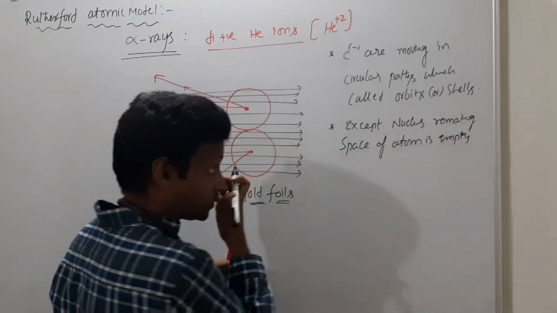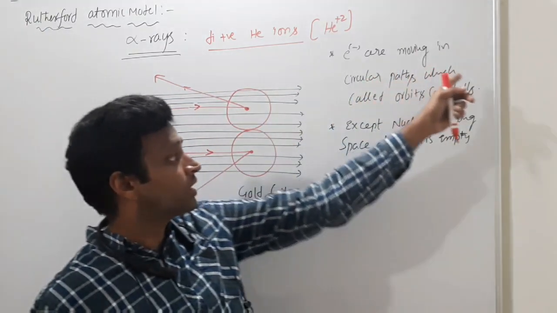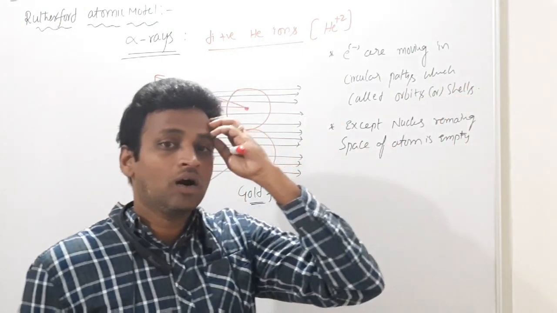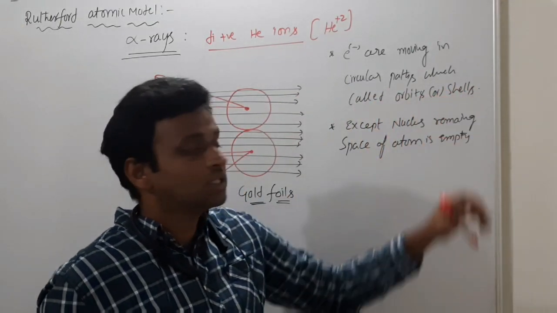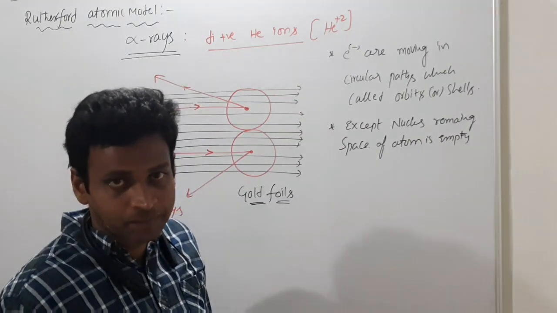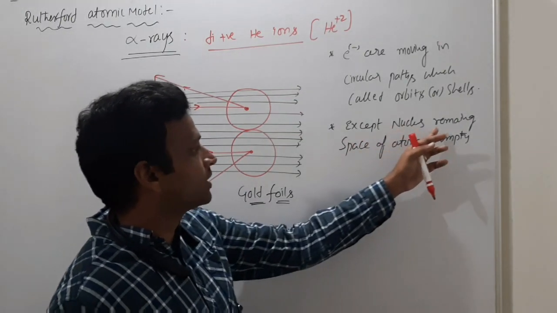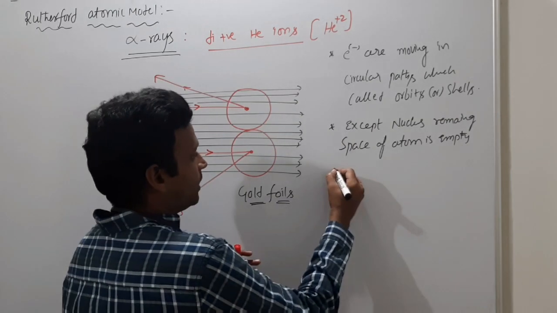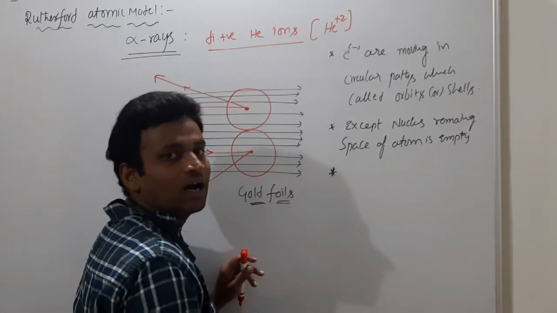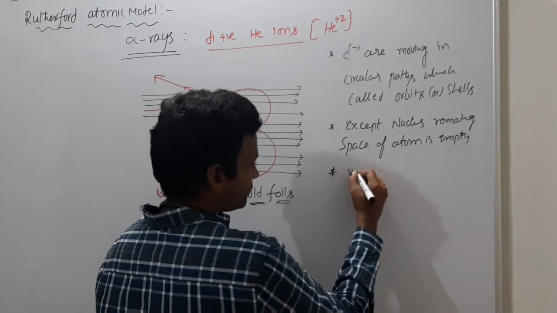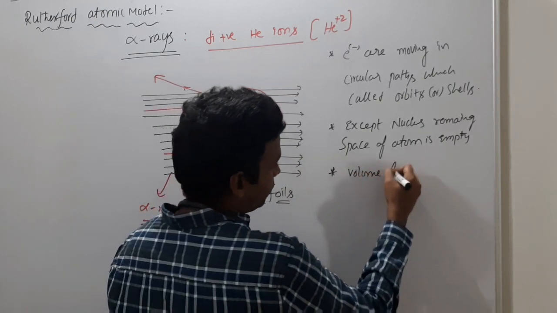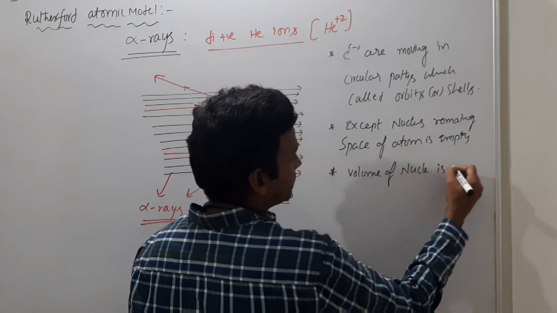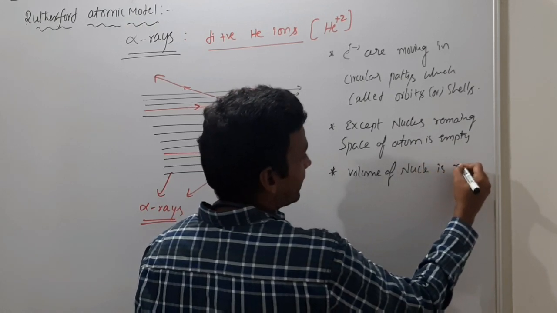Electrons are revolving around the nucleus in particular circular paths, which we call orbits or shells. That's the first point. And except the nucleus, the remaining space of the atom is empty, and the volume of